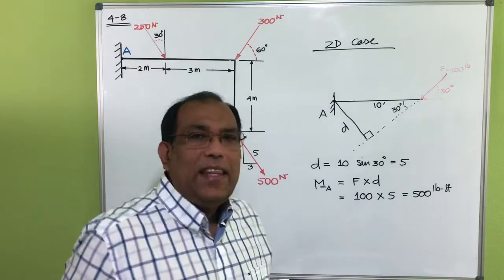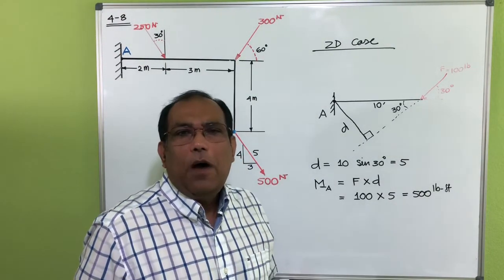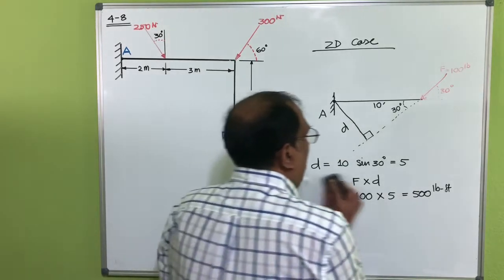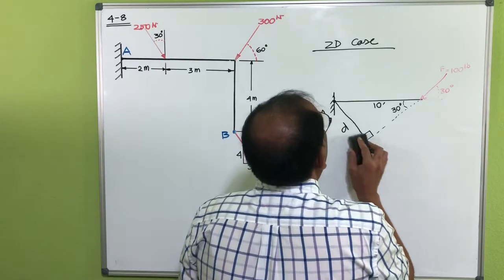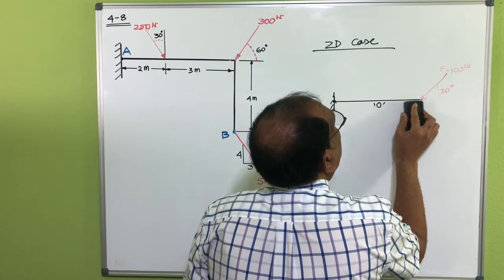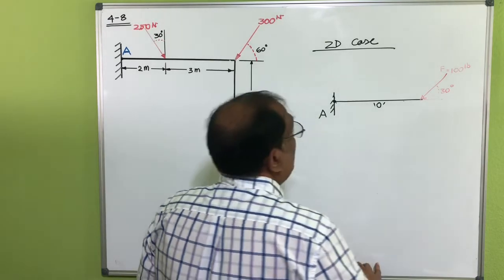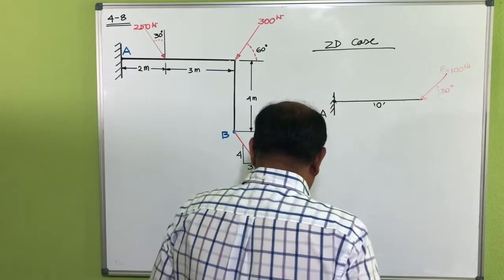We are going to get the same answer here. Just try to remember this is 500 feet-pound, okay? The way we usually do it is